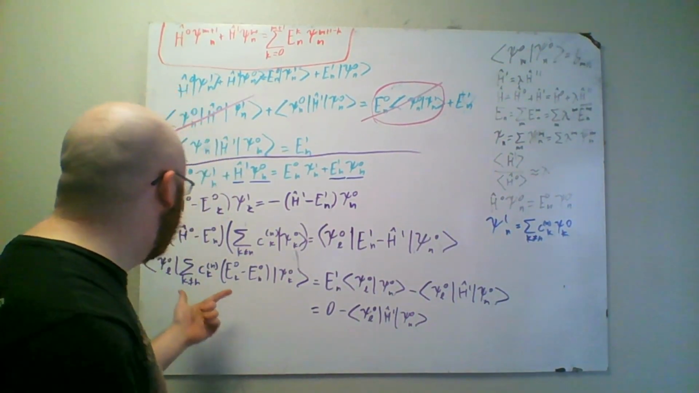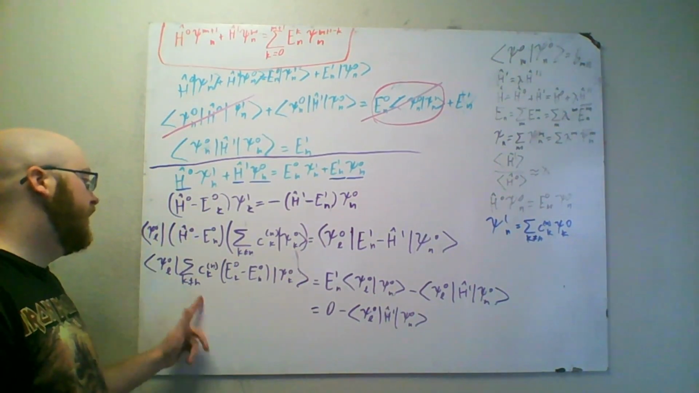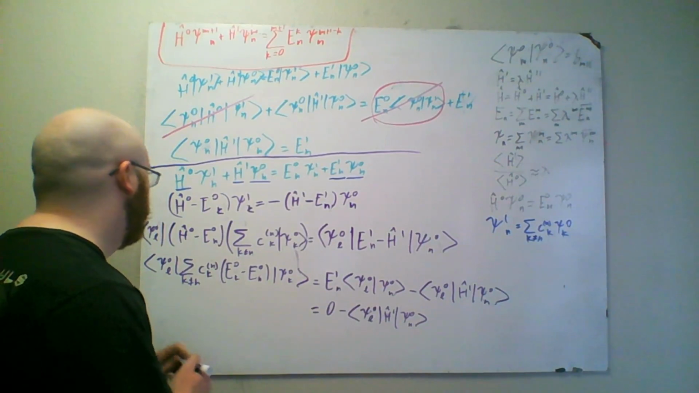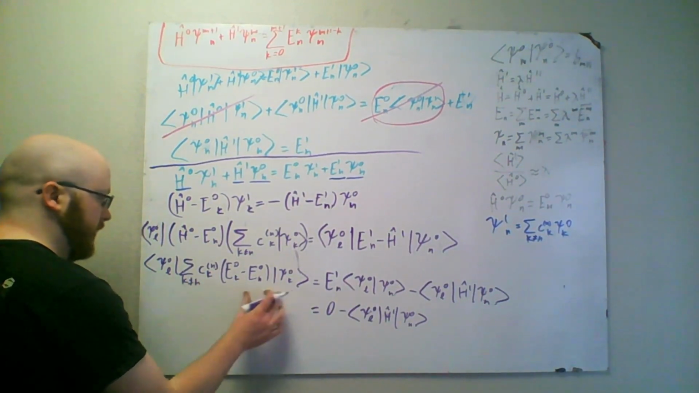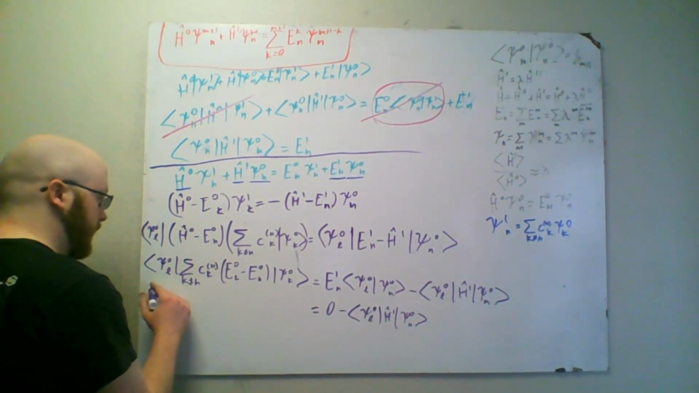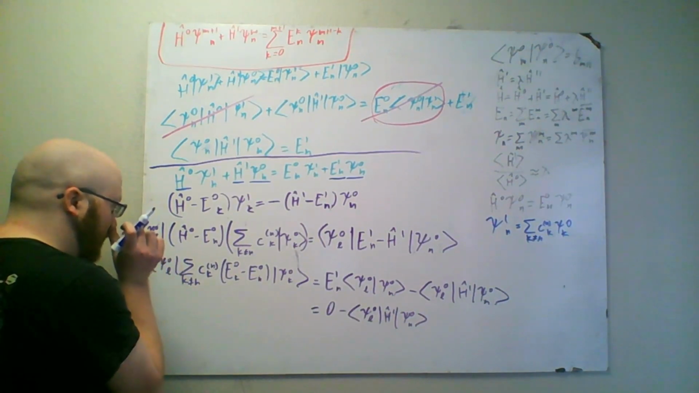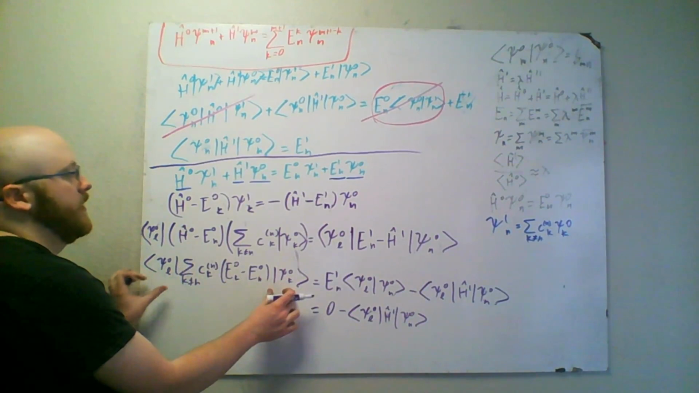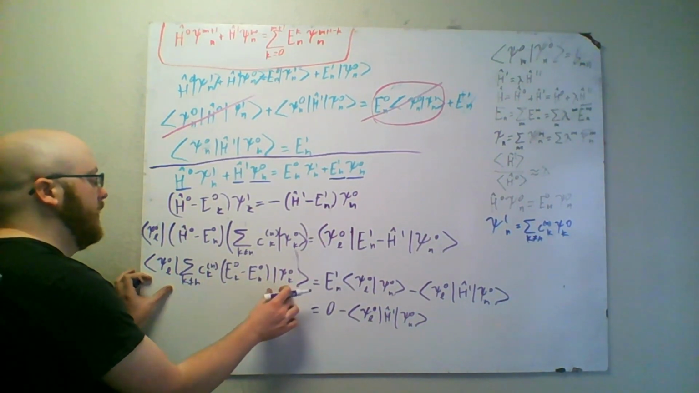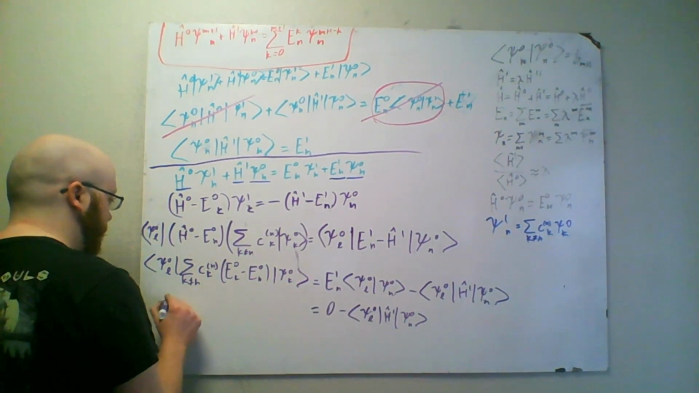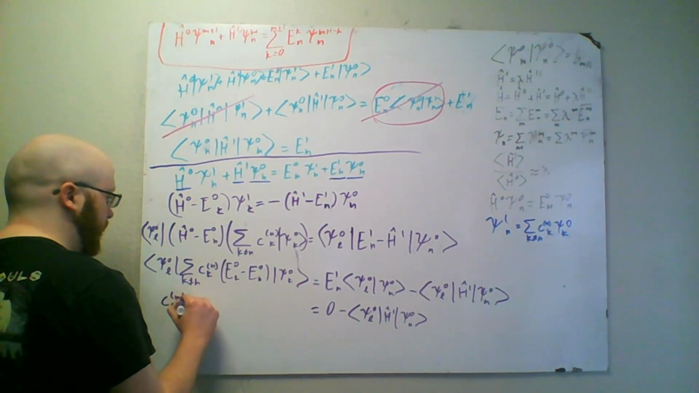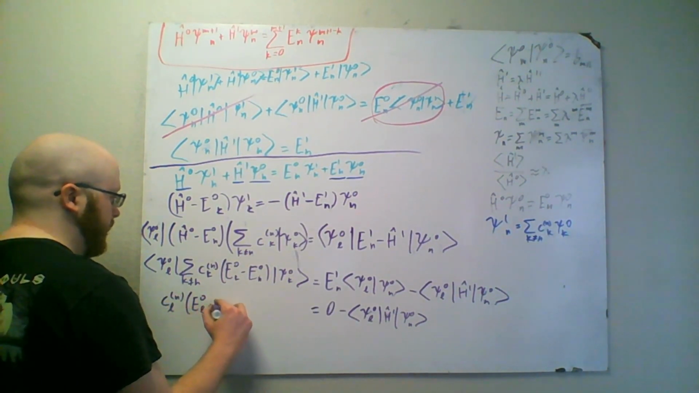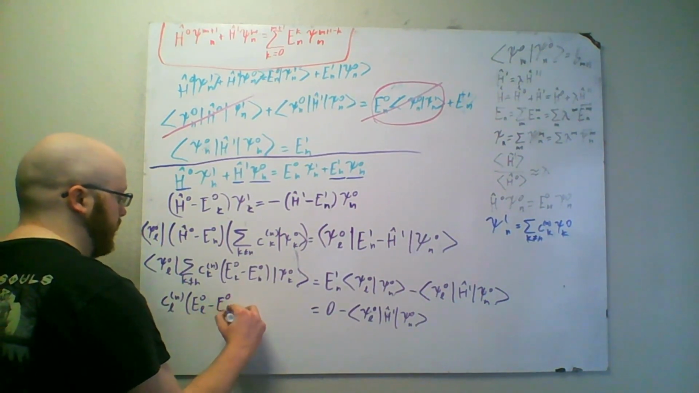And L doesn't equal n means that we get one term out of here, specifically L. So we end up with the inner product of this with these, and these are basis vectors. This will only work if L equals K, or K equals L. So that means that C_L times E_L minus E_n